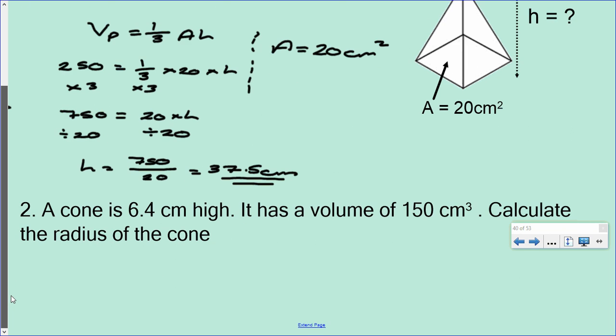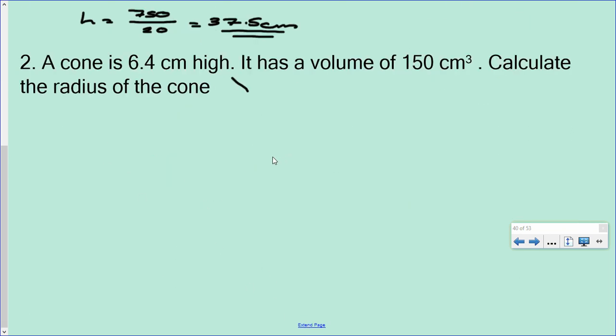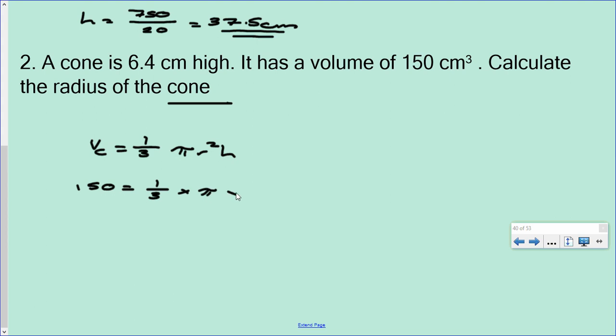Right, so number 2. A cone is 6.4 centimeters high. It has volume 150 centimeters cubed. Calculate the radius of the cone. Now again, we're told cone, so we're going to start with the cone formula. So V equals 1 over 3 pi r squared h. The volume of the cone is 150. Then we've got 1 over 3 times pi times, we don't know the radius, so we're going to leave it as r squared,